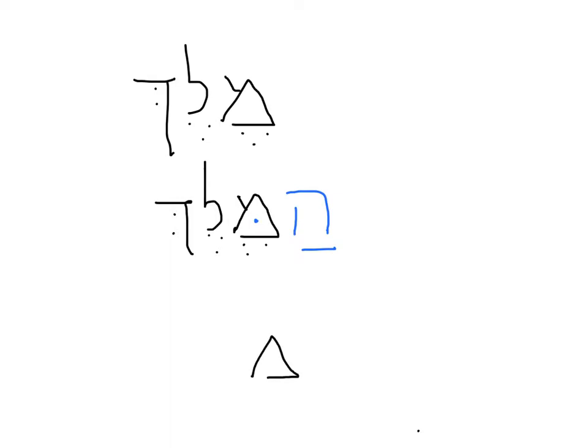We just start with our word, king. Then we add the hey to make it definite. But now we're going to have to take the hey away because we're going to add the preposition ka,